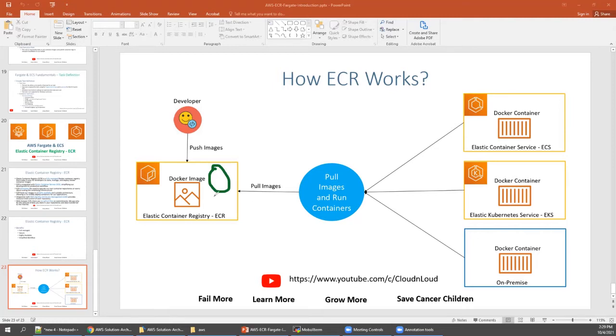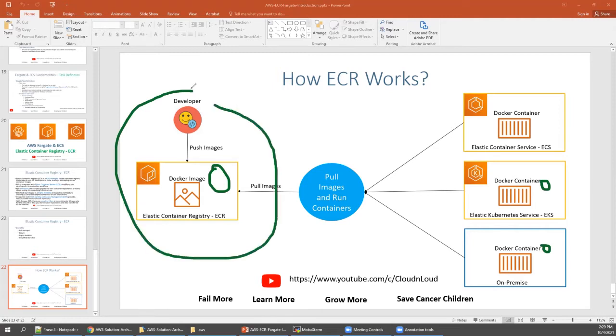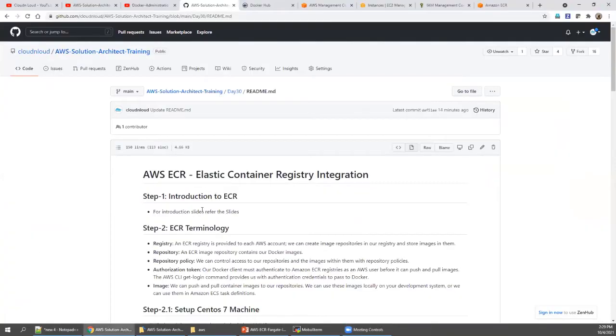You can also have a machine where you have installed Docker manually and use the same Docker image to spin it up there. In this class we are going to see how to create, how to log in, and how to push the image today. Let's go inside.